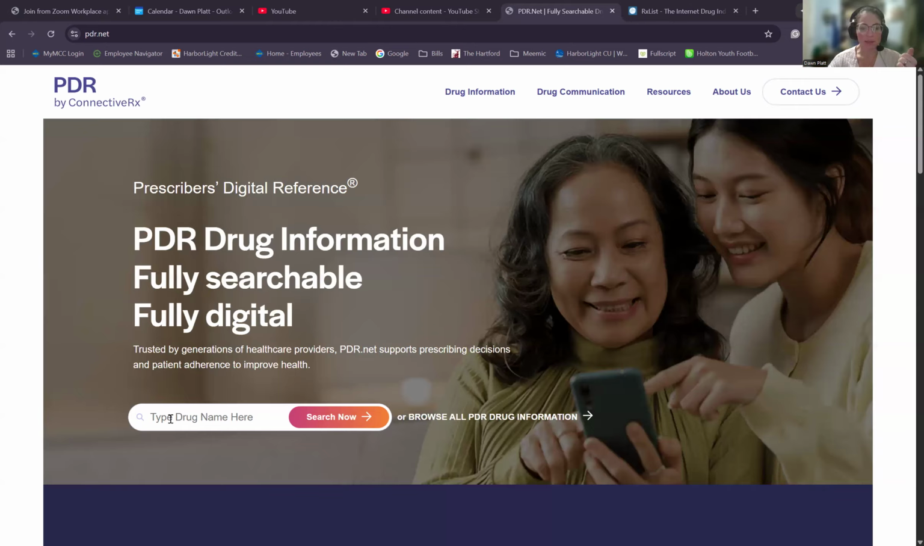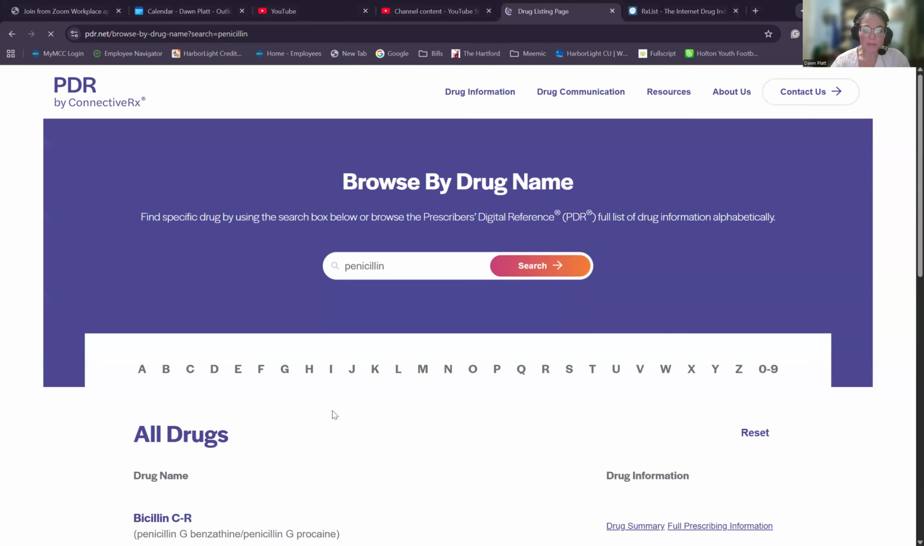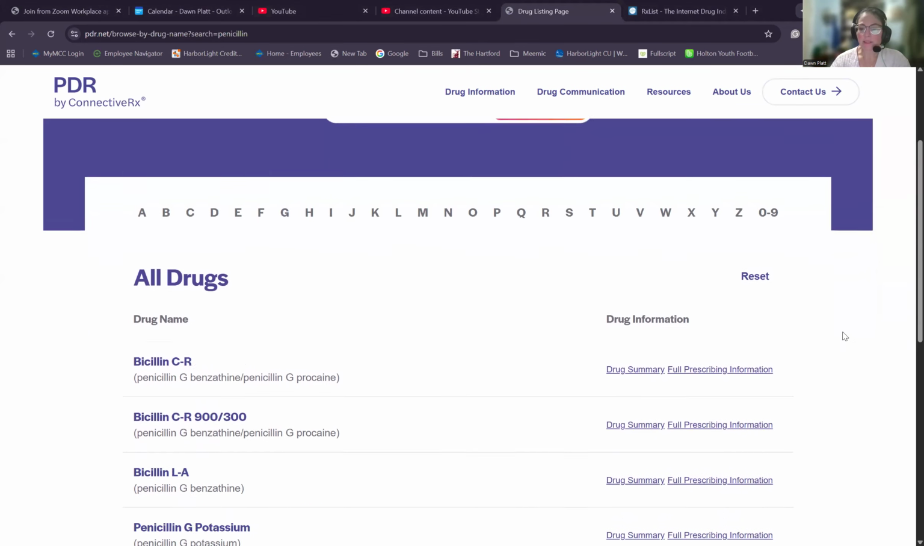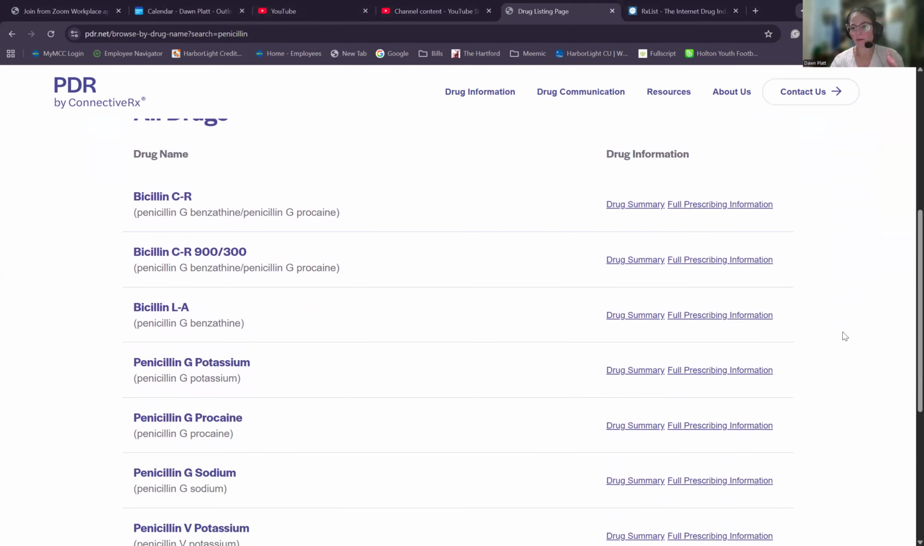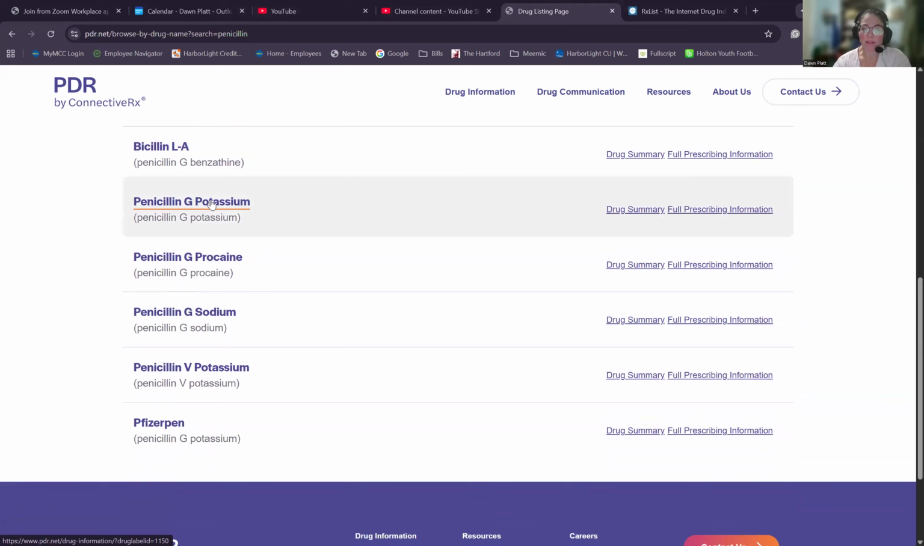So if you type in here the drug and you search for it, it's going to give you several options, or whatever options that they have. This is where you can actually see the brand name and the generic name. The brand name is going to be this top one right here, where it says Bacillin CR or Bacillin LA or Penicillin G potassium. Sometimes the brand name and the generic name are going to be the same, and that's